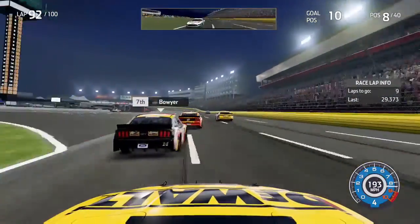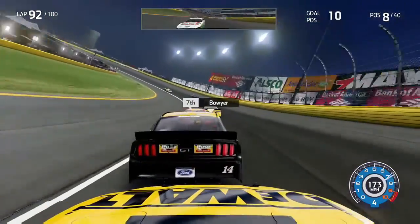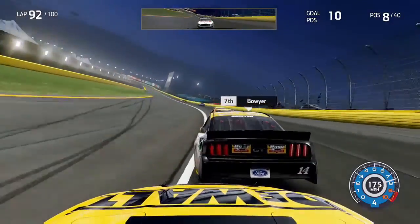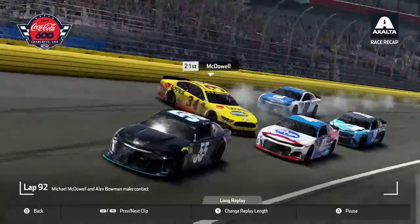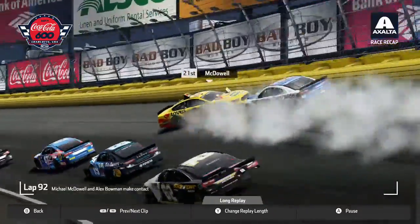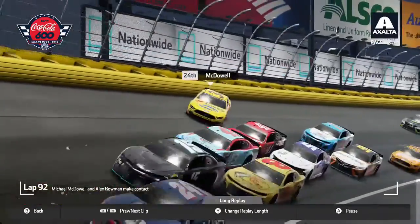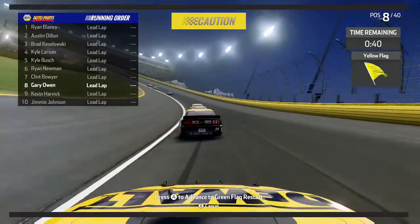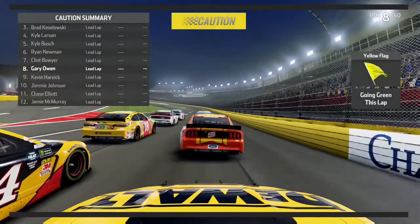And we would be able to work our way up to the 8th position with just 9 laps to go, just in front of Harvick, behind Clint Boyer and the number 14 cars that come through turns 1 and 2. Blaney still in command as we exit the corner, now heading down the back straightaway as we have trouble behind once again. It's the 34 of Michael McDowell who goes spinning as he collects the 88 of Alex Bowman. Now as he comes down in front of traffic and he gets hit again, and he's going to go flipping over as he would land on his roof,